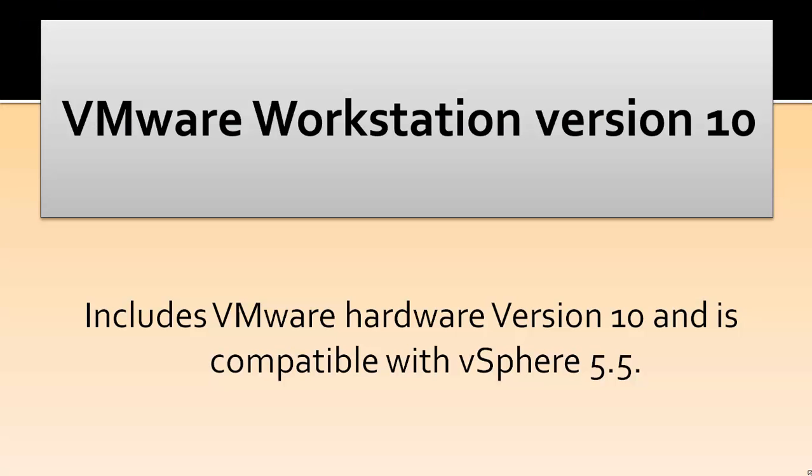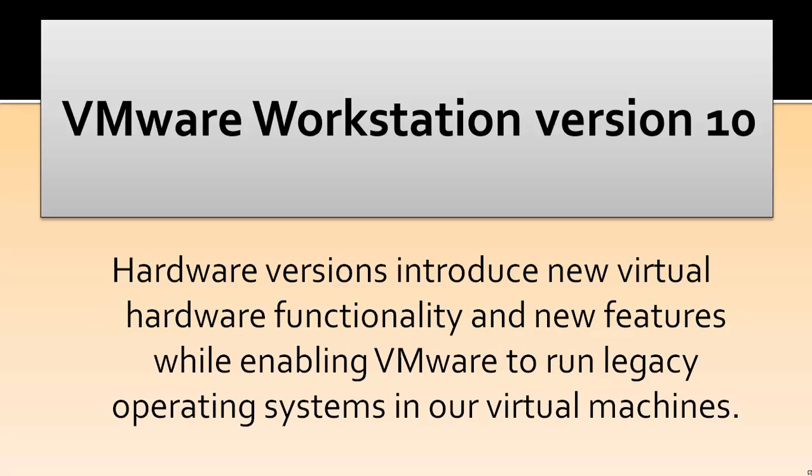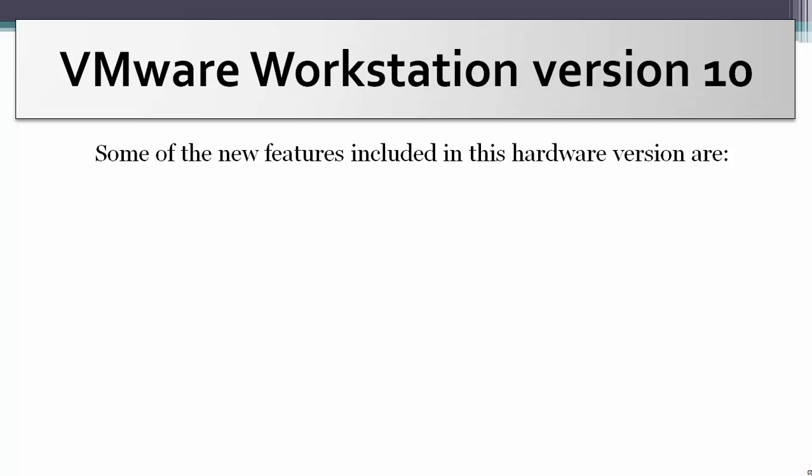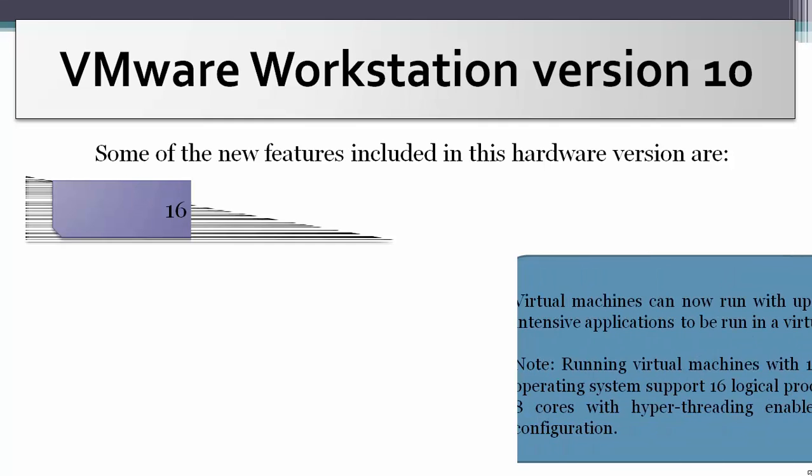VMware Workstation version 10 includes VMware Hardware version 10 and is compatible with vSphere 5.5. Hardware versions introduce new virtual hardware functionality and new features while enabling VMware to run legacy operating systems in our virtual machines. Some of the new features included in this hardware version are 16 vCPUs,